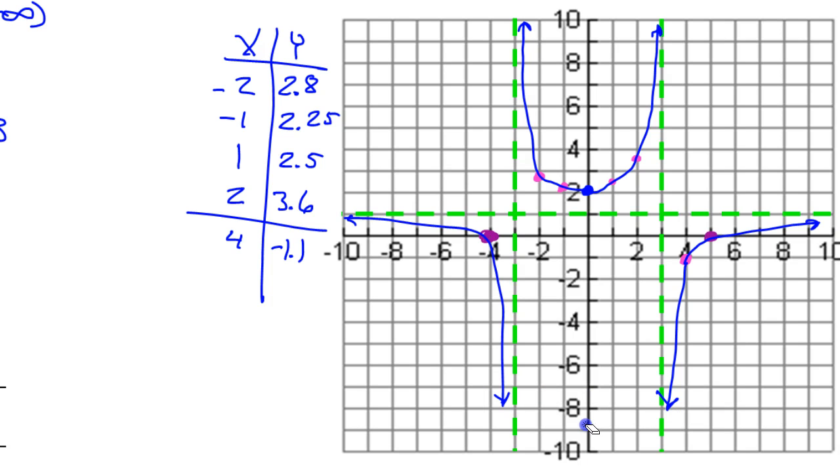So the range is the y value, so bottom to top. Obviously, both of these branches go down to negative infinity. For the range, because we're doing y values, we will not treat these separately. Both of these branches are covering the same y values simultaneously. So I won't have a statement for this one and a statement for this one. So the function as a whole covers the